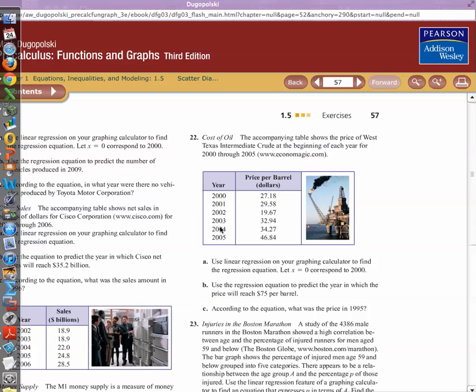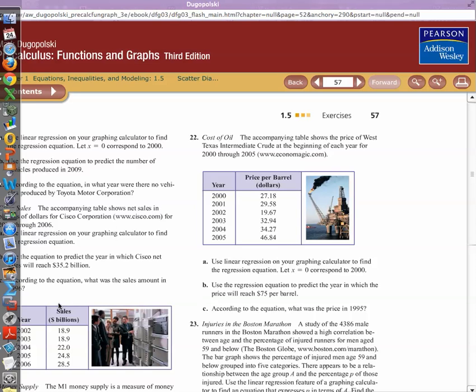So what we have here is a data set that has years and price per barrel in dollars. You want to pay close attention to the fact that in Part A they would like us to label the year 2000 as the year 0. One reason for that is if you get too large of numbers, say 4 digits, you're going to be asking for trouble with round-off error, and this minimizes that amount of error when you go to use the equation on paper. So what I want to do is enter that data in as carefully as I can, and to do that